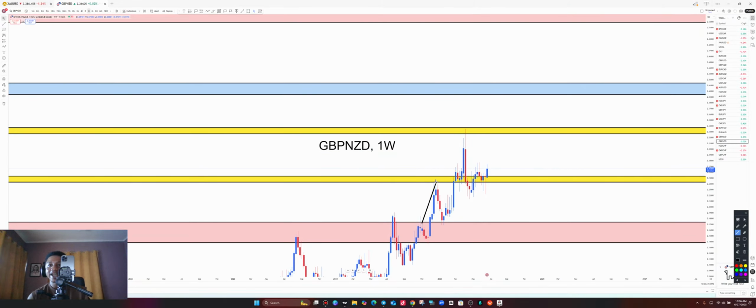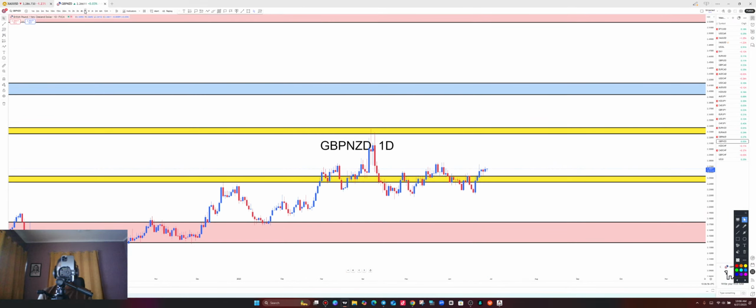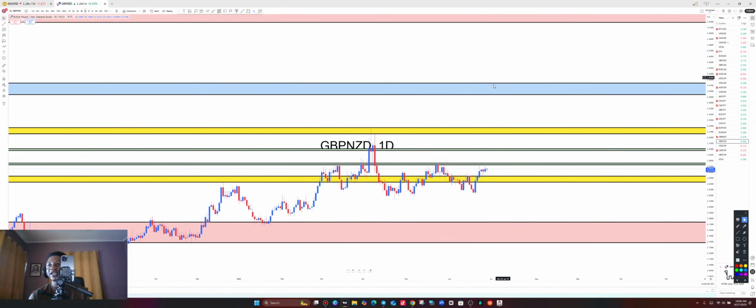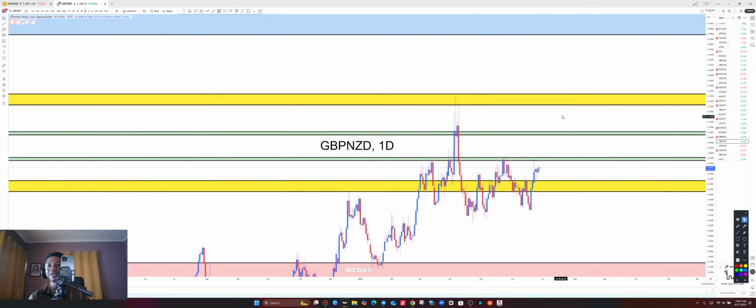So on GBP NZD, our entry is going to come in from where? From this higher low to move all the way to the upside. Now that we also understand the weekly, let's take it again to the daily time frame for more understanding. All right, let's continue. So this is also the daily time frame of GBP NZD.